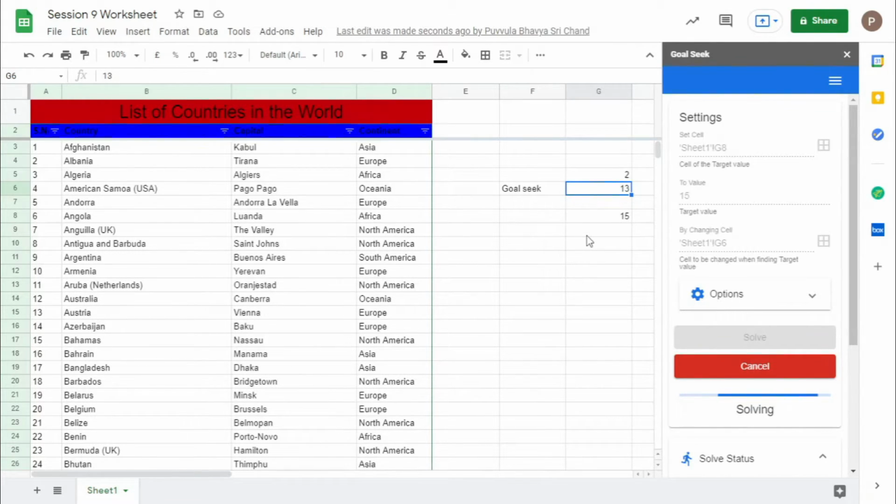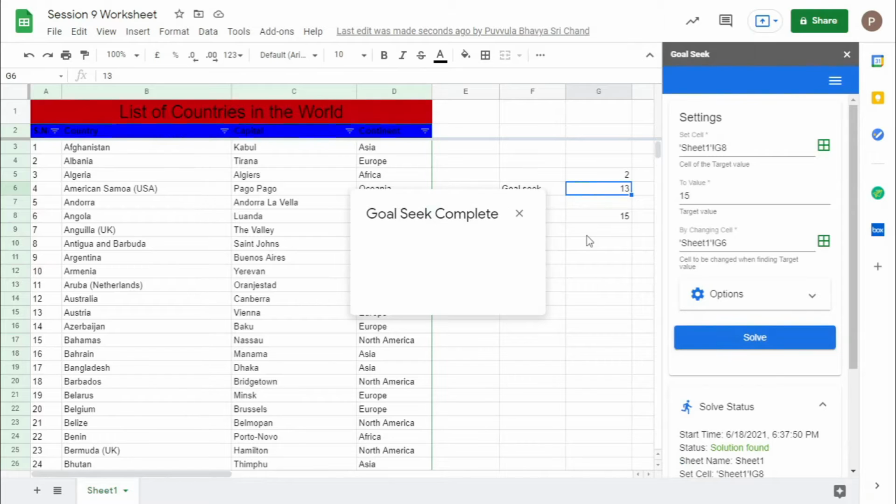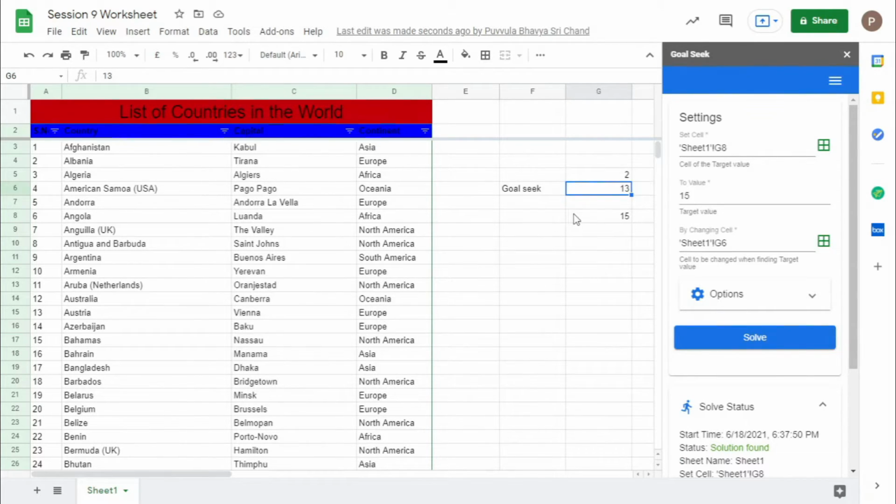Now if you click solve, it will directly solve and give the value you want in the cell. It just assigns values until the value you want to find appears. So goal seek is very useful to find the value of a particular cell at a particular point. When you want to change a single value, you can use goal seek. If not, then you can go to data table. In the end, both are very useful while doing data validations.